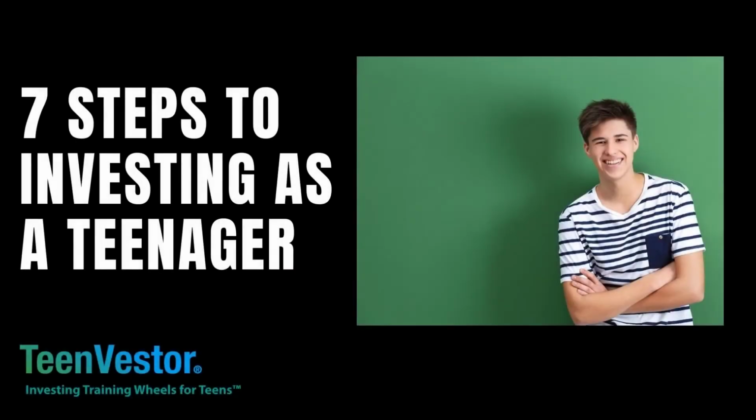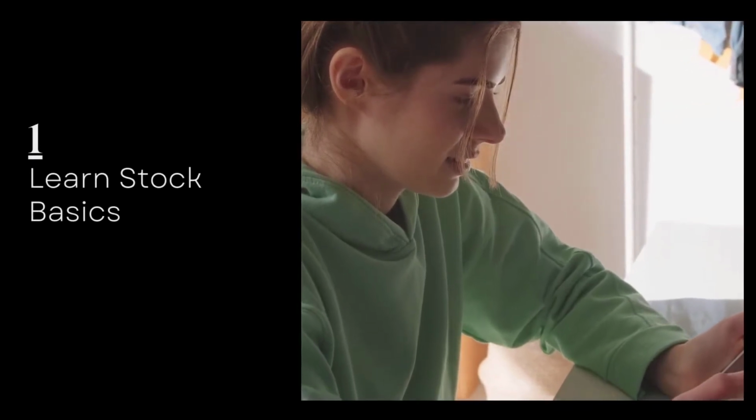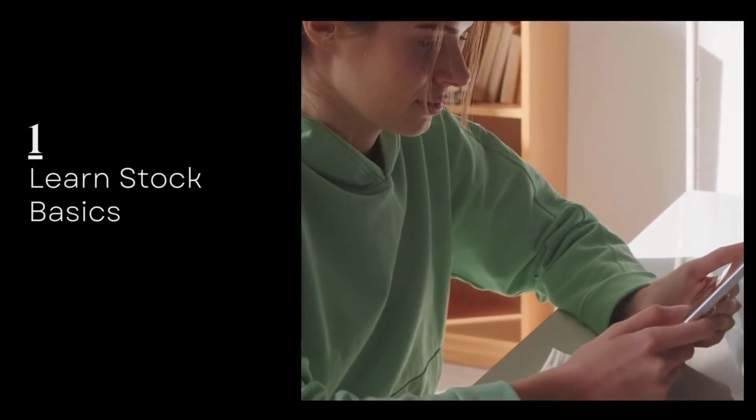In this video, we will quickly review the 7 steps to investing as a teenager. Step number 1. Learn stock basics. There are some great investment websites that explain stock basics in a way that can be understood by very young